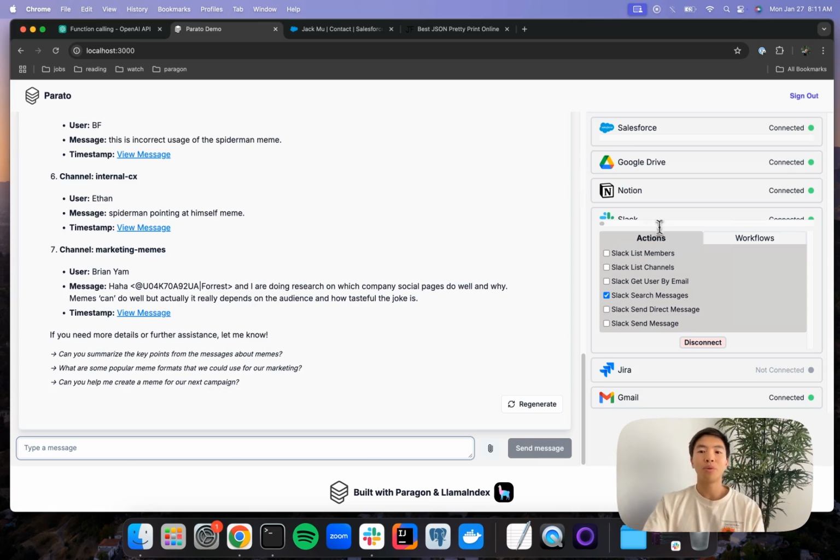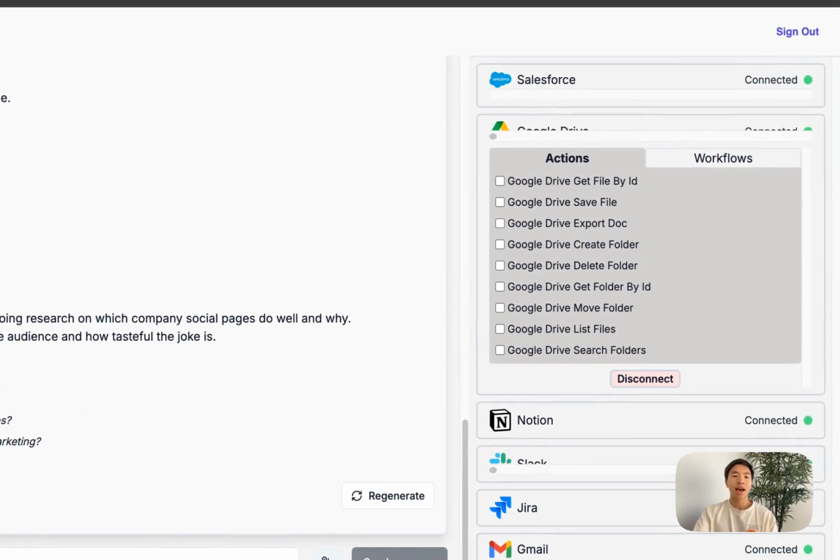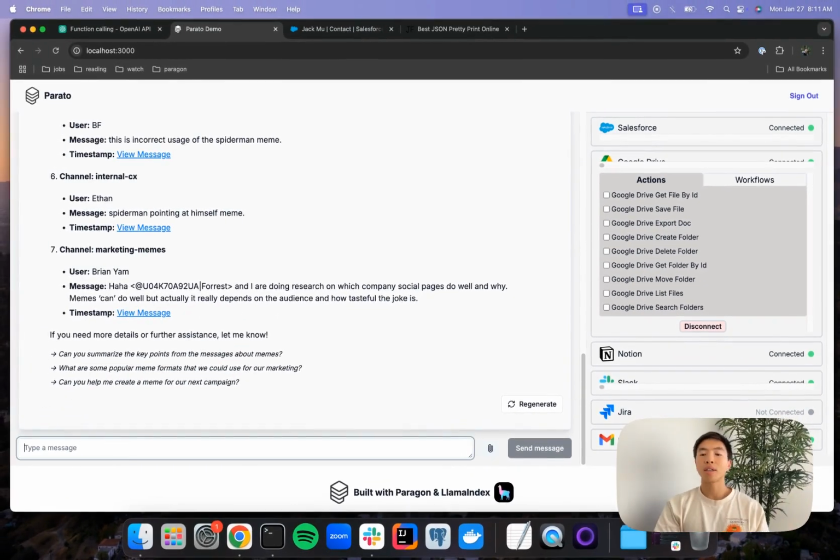So I'm going to give an example, right? For Google Drive, we see these actions. You can get file, you can get folder and list files, but it might be a little bit harder to search content from a bunch of Google Docs or Google Slides. And so an example is we have a Google Slide with some information on permissions and how Paragon fits into a permissions use case for RAG applications. So I'm going to ask,